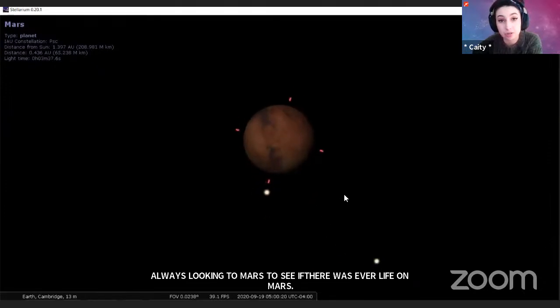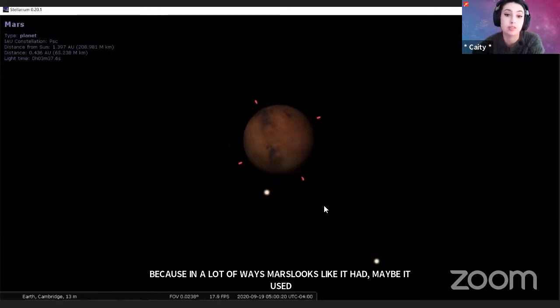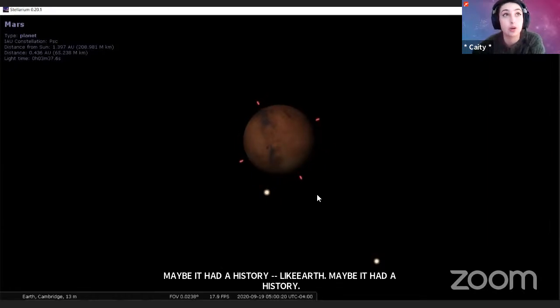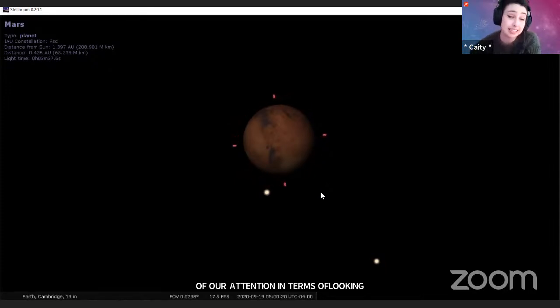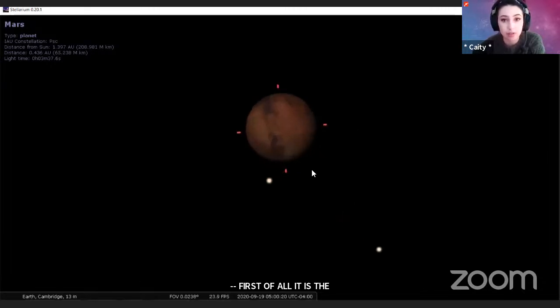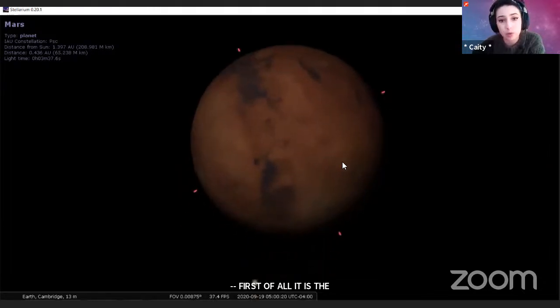It had a history where there was lots of water on the surface. There's evidence for lakes and oceans. And so we tend to focus a lot of our attention, at least in terms of looking for life on other places, on Mars, because first of all, it's the easiest planet for us to send rovers and orbiters to. So that's one reason we look there.